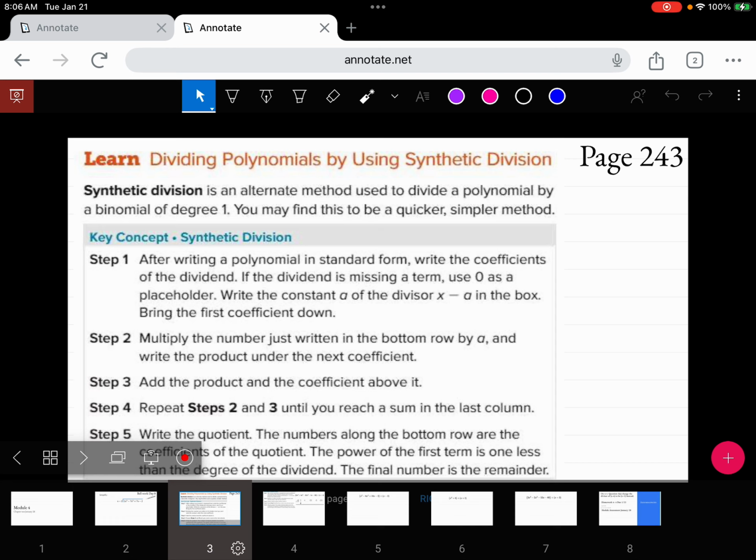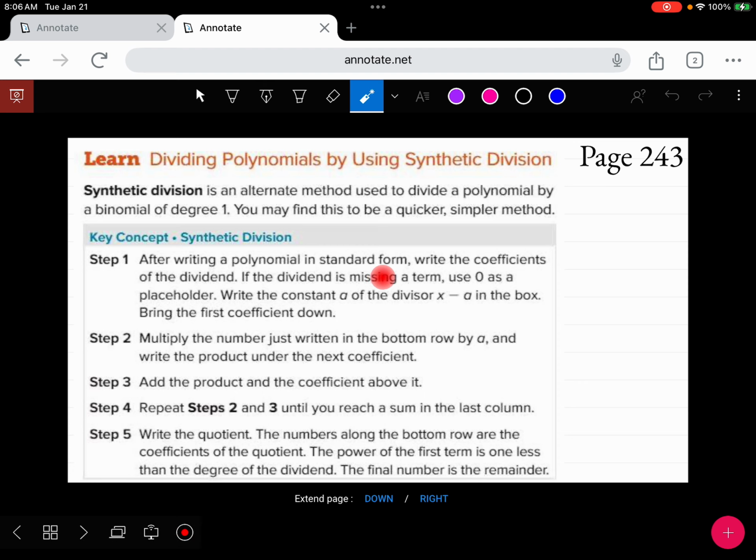So what we're going to be doing is looking at this in a different way for our division. We're going to start out by making sure our polynomial is in standard form. Super important that we're in standard form, so biggest to smallest in our exponents. And instead of writing what we're dividing by as our whole factor, like the x minus a thing, like x minus 7 or x plus 2, we're only going to take that